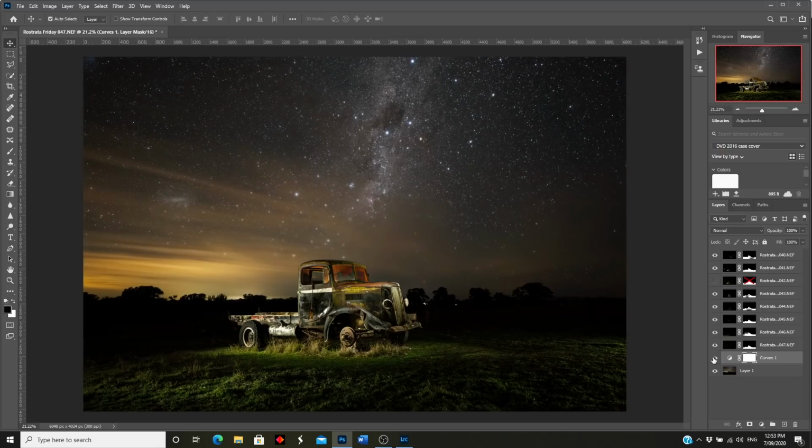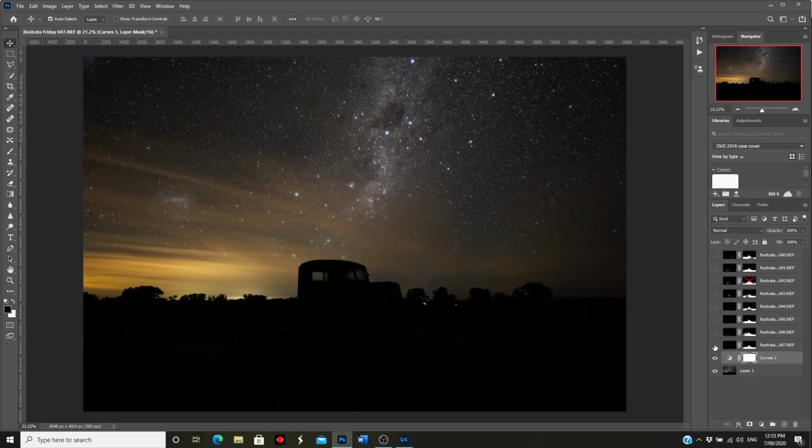Without, with. One thing I will do, and I'll show you this, I'm going to turn off all these foreground layers because I just want to work on this background. Now remember how I mentioned how the stars are bloated a little bit and you can see the Southern Cross a bit better, but what I am going to show you is my star minimization technique. Nothing original, I didn't create this. It's not my technique, I don't know who created it,